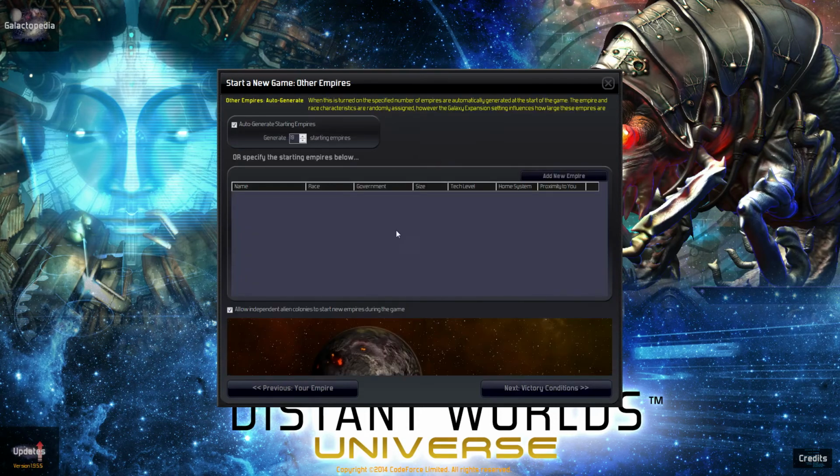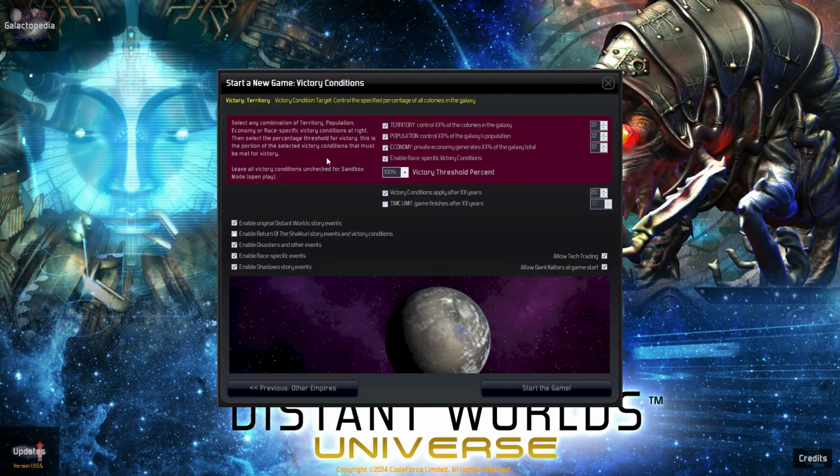So for other empires, we will generate 19 other empires. This is the limit, so we'll start with that. We will allow independent alien colonies to start new empires during the game. We could add new empires, but it is a bother to do so, and I want some random things in this game. So victory conditions, we need to achieve a 100% victory threshold